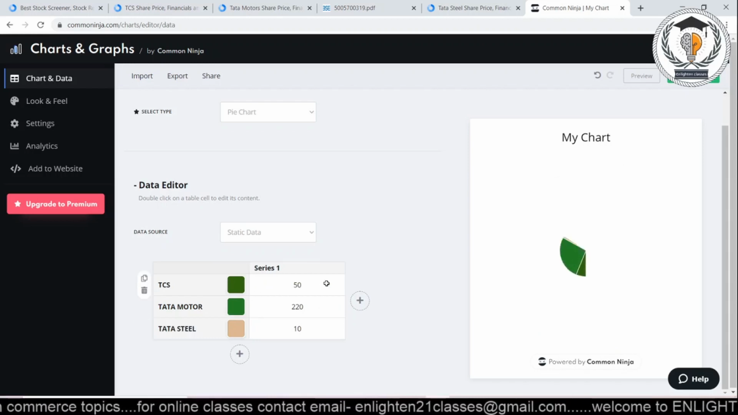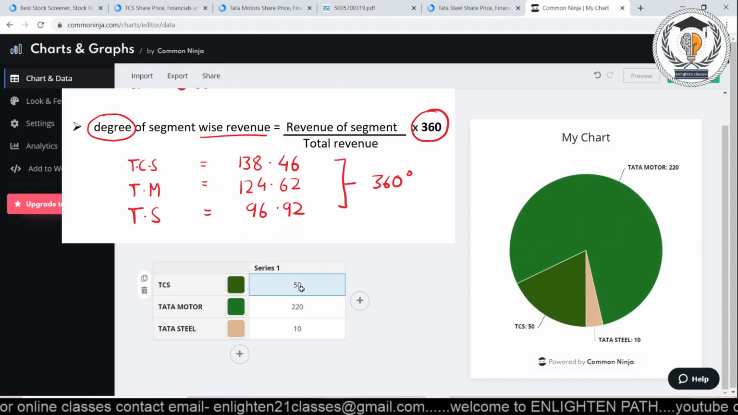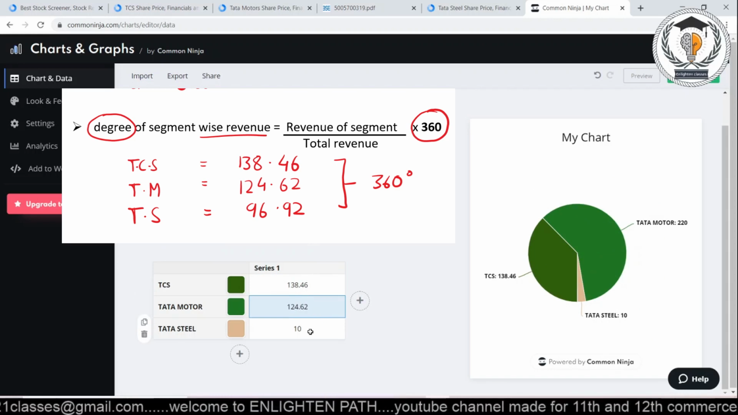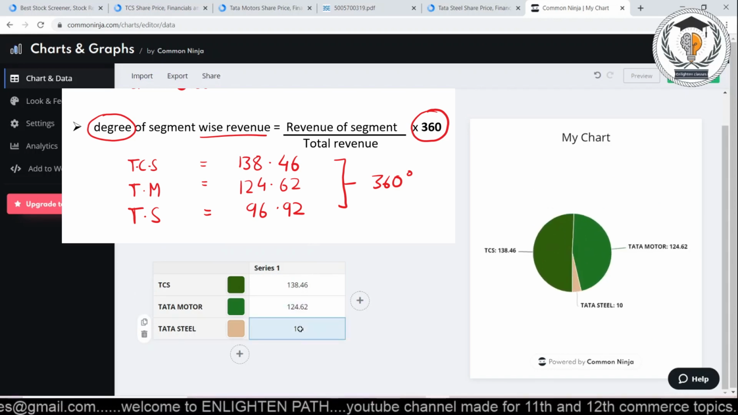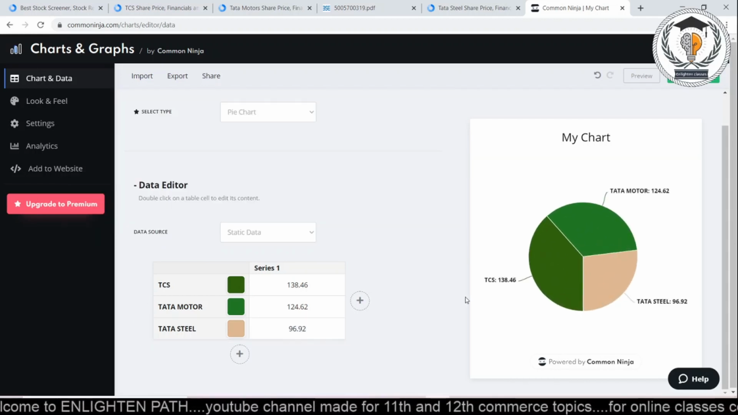And now here in series 1 I have to write all the degrees that we have found out, the comparison of revenue that we have done. So there we have found out the degree. So from there we have to copy it. 138.46 was for the TCS, and for the Tata Motors 124.62, and for the Tata Steel it is 96.92. So here is the final pie chart,